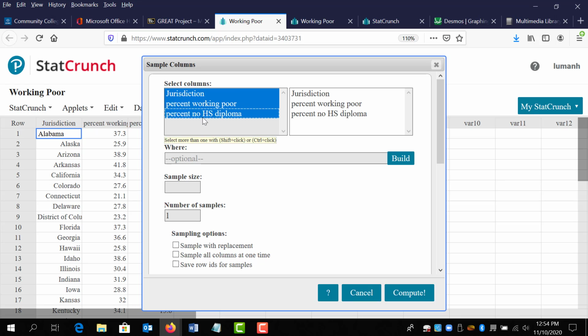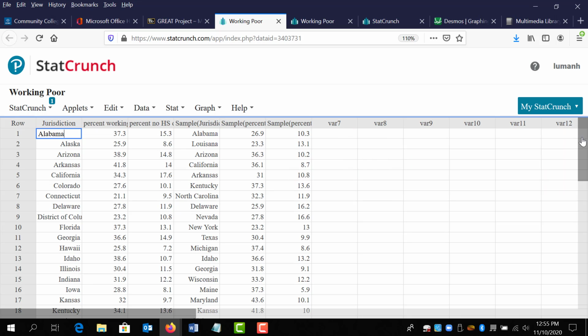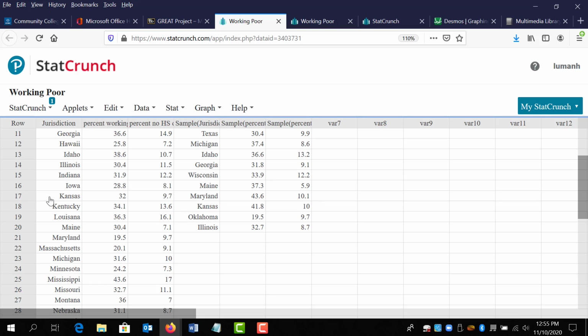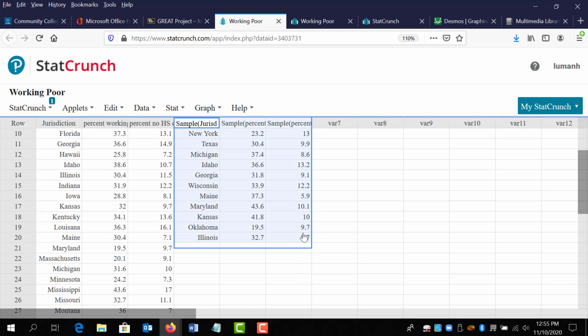In order to select more than one, you need to hold down the Shift key on your keyboard and then use your cursor to select all of them. We want a sample size of 20, so we're going to type in 20 here, and then hit Compute. Let's see what happens. Notice now there are 3 new columns, and if I scroll down, I can see that there are only 20 rows. So this new set of data is giving me the sample of 20 that came from